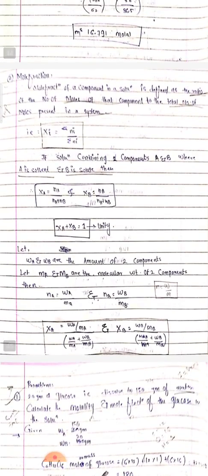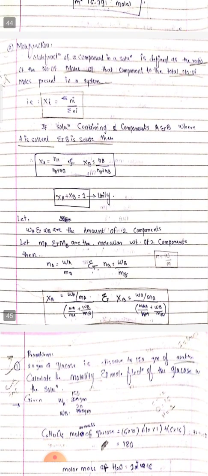Then mole fraction of the component in the solution is defined as the ratio of the number of moles of that component to the total number of moles present in the system. Xi is equal to Ni divided by summation Ni. If the solution contains two components A and B, where A is solvent and B is solute, then